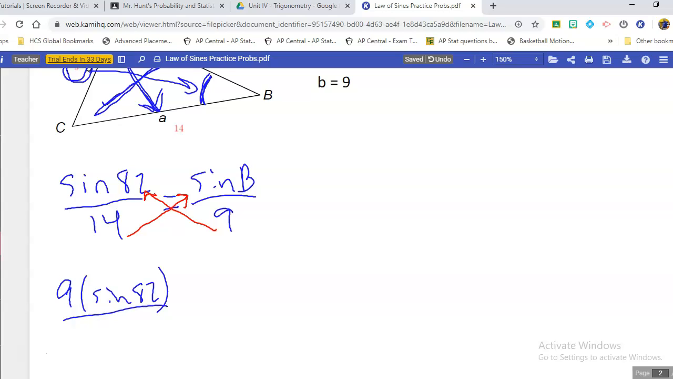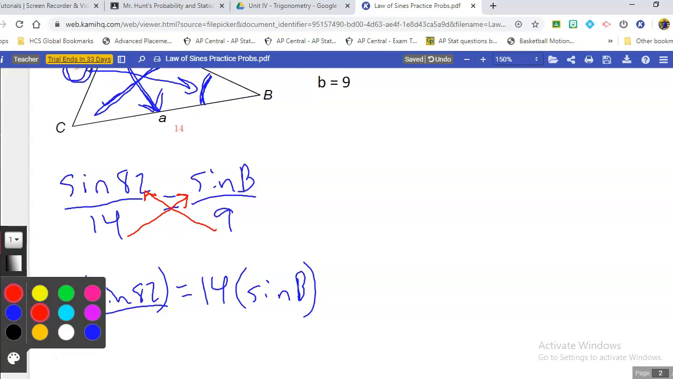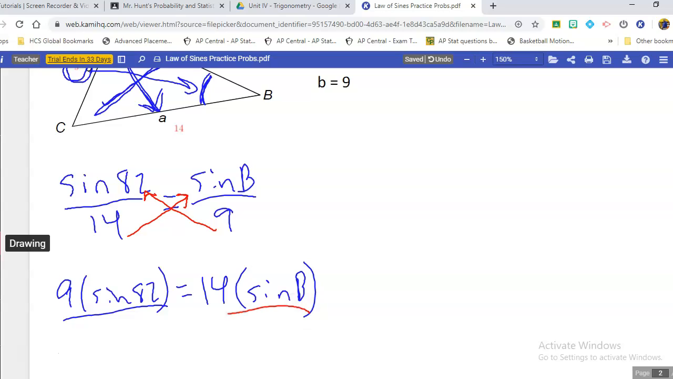And that's going to be equal to 14 times the sine of B. Now, the first thing I'm going to want to do, I'm trying to get this sine of B by itself, and to isolate this, I'll divide by 14 on both sides. So now I have that the sine of B is equal to